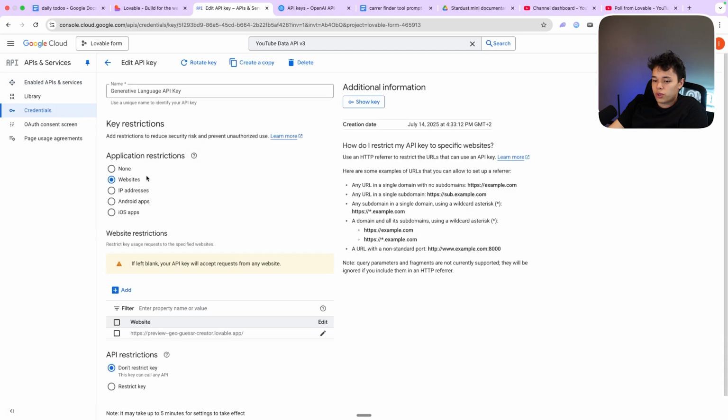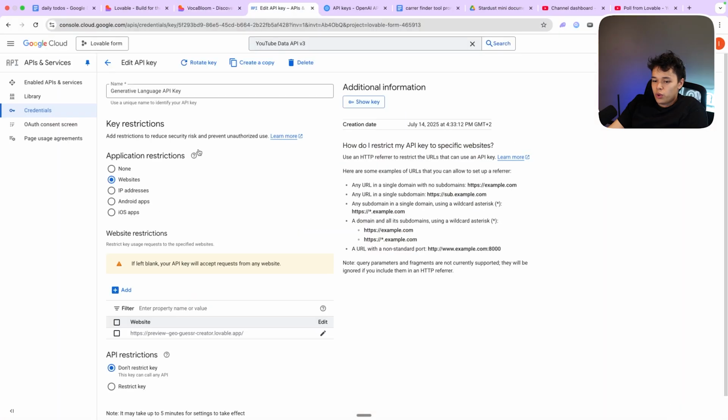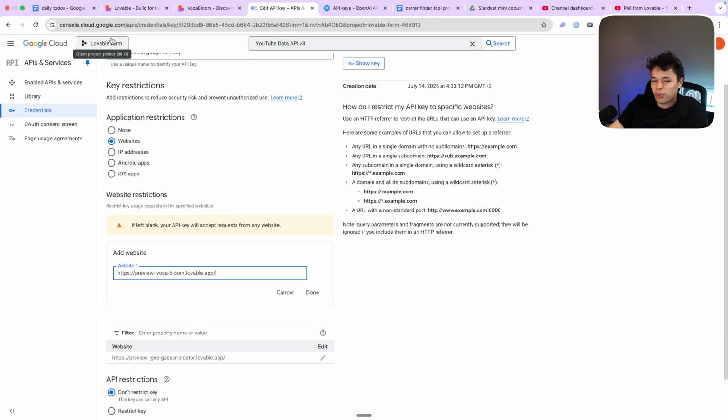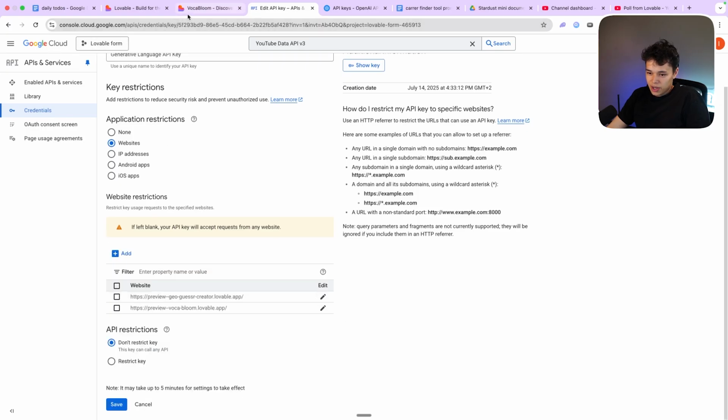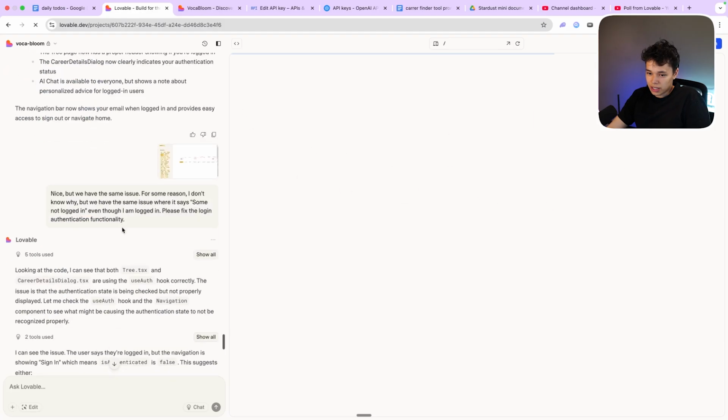And we want to restrict it to a website, and we want to restrict it to this website right here. So I'm just gonna select the preview URL and add that right here. Of course, I've actually already selected a project that I was working on in a previous video, but you'll probably have to create your own Google Cloud project and then add the preview URL. We might even also want to add the actual sandbox URL, which is the URL right here.